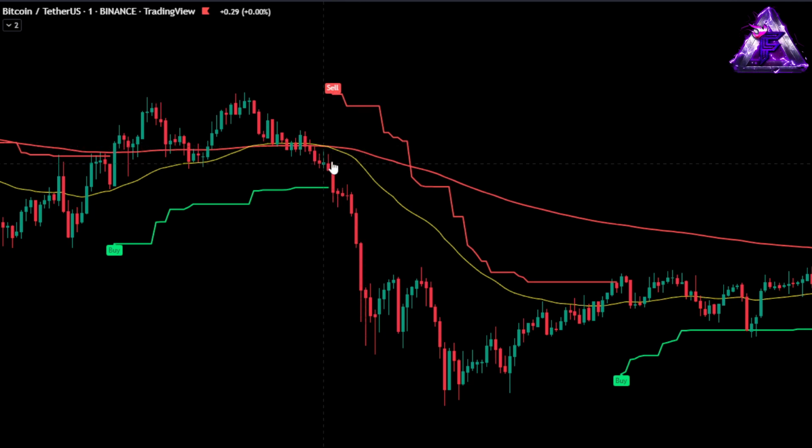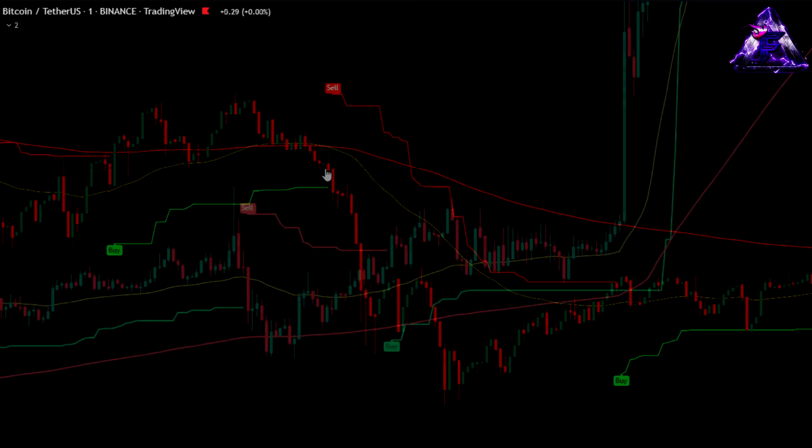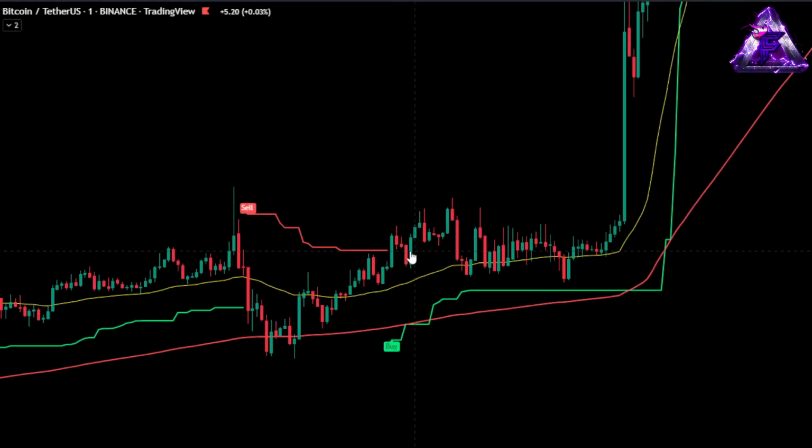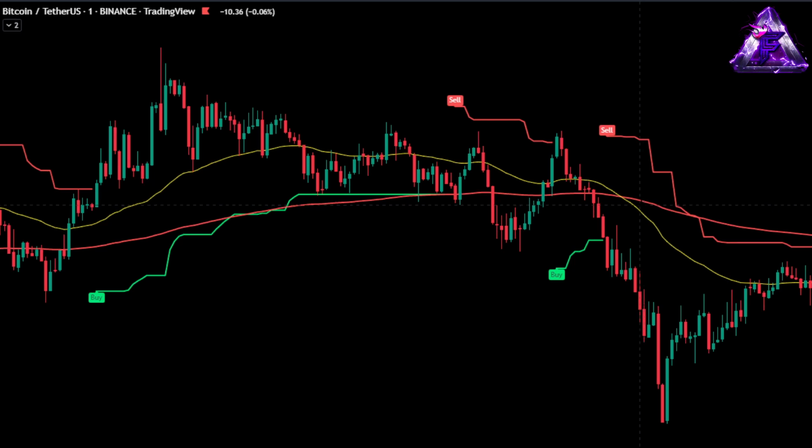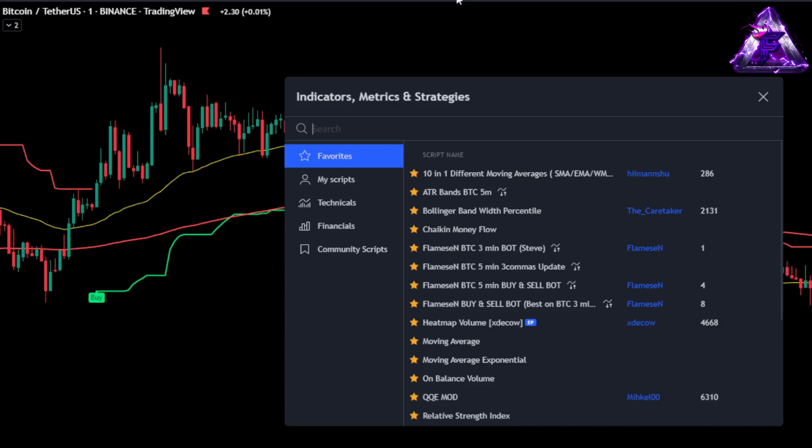For example, as we previously mentioned, a sell signal is only valid when there is a downtrend, and the exact opposite is true for long entries. This way, the signals given by our super trend dramatically increase in quality. However, such a strategy would not be complete without the third piece, which is a volume indicator. There are dozens of volume indicators out there, but the one that is highly recommended for this strategy will be